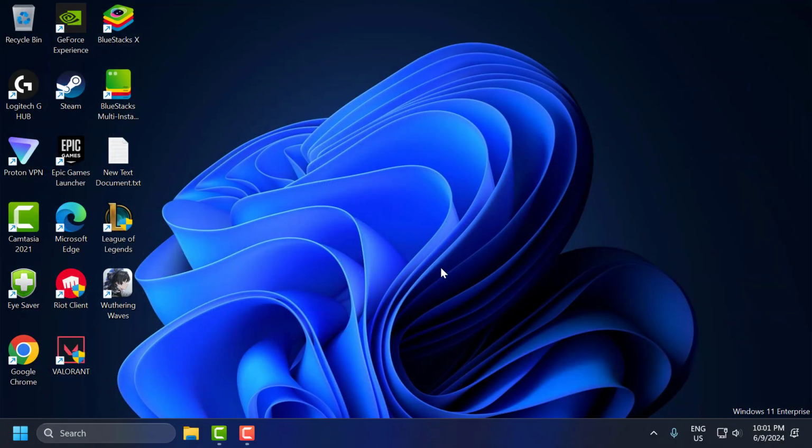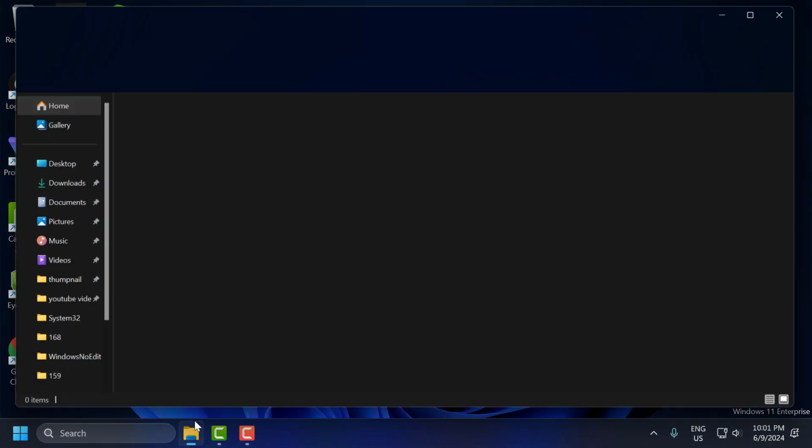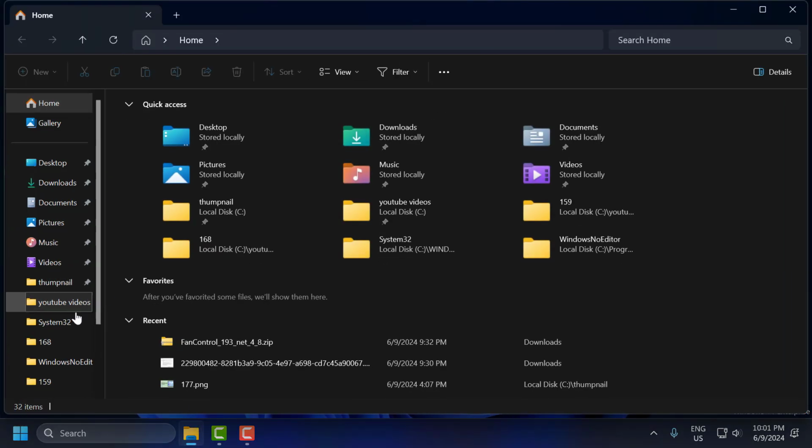Go ahead and restart your PC, guys. After restarting your PC you can check if the problem is solved or not. If the problem is not solved, then you just need to open up File Explorer and go to